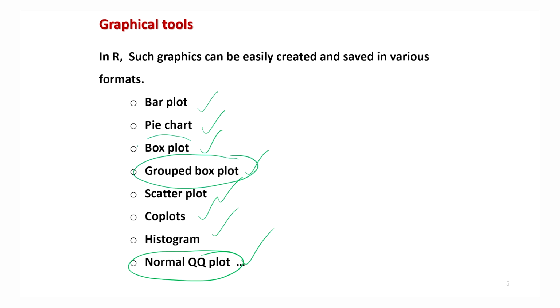Similarly, you have seen that box plot and group box plot, they are trying to compare different types of statistical properties of different data sets, and they try to help you in their comparison. So my advice to you all will be, please try to understand why the graphic is to be created, what is the objective of a graphic, and then try to match it with the objective of the study and try to choose the appropriate graphic, and don't follow the advice that more number of graphics are going to give you better results.